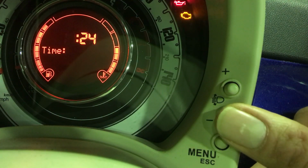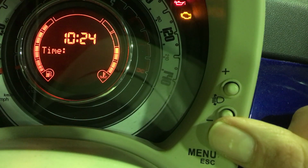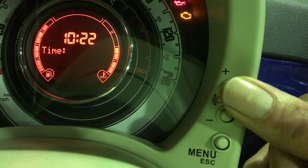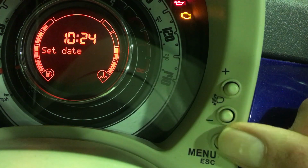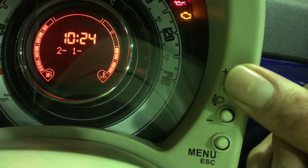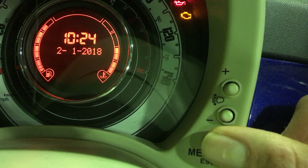Now we're going to knock the hour off, so press down for menu going down. So simple as that. Up for up, menu, then if you want to set the minutes, down or up, menu to save it, and then if you want to set the date, press down, set the date, then you can change it the same way, change the month, change the day,